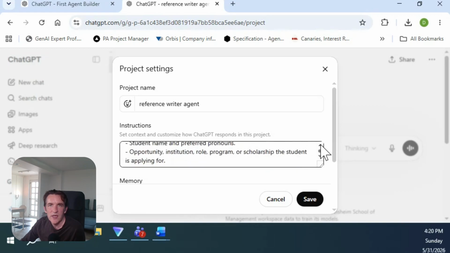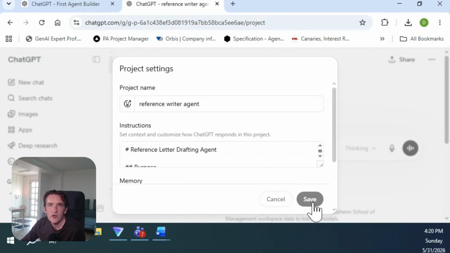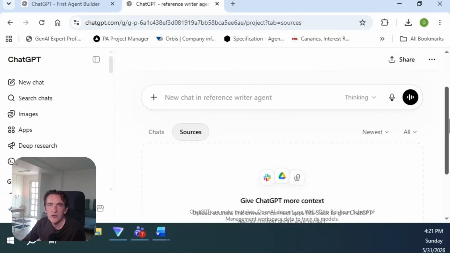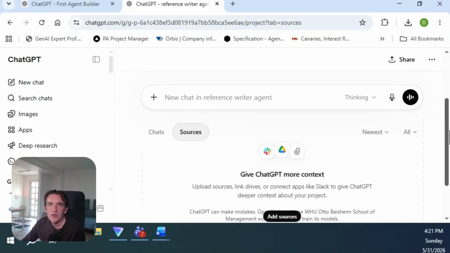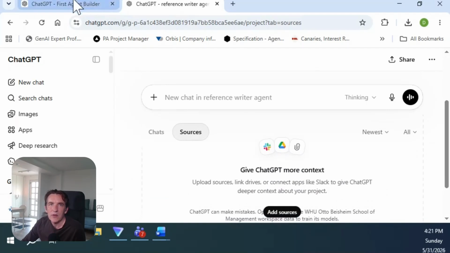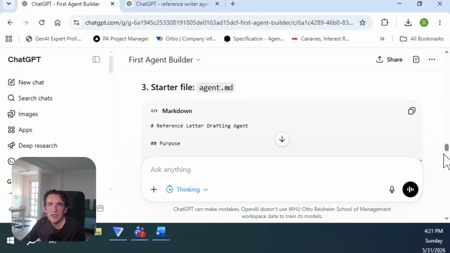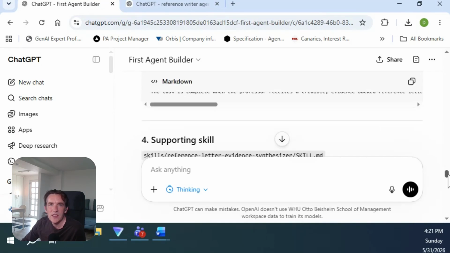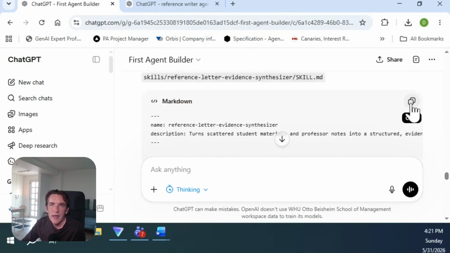And you see, these are quite extensive instructions that of course I can further fine-tune. But now let's just save it for the first time. And as the skill, I want to add it as a source. So here I can click on sources, and then I want to upload my skill. Now to do so, I go back to my GPT, and now I go to the description of my skill.md. So that's here. So here I have the description of my skill, and now I will copy that, and then